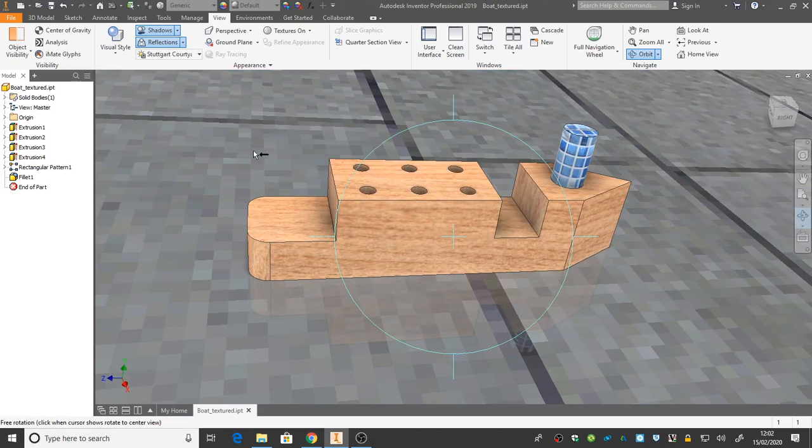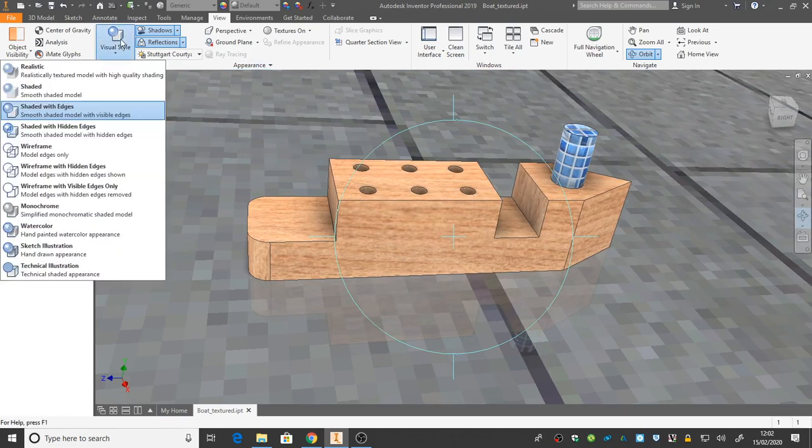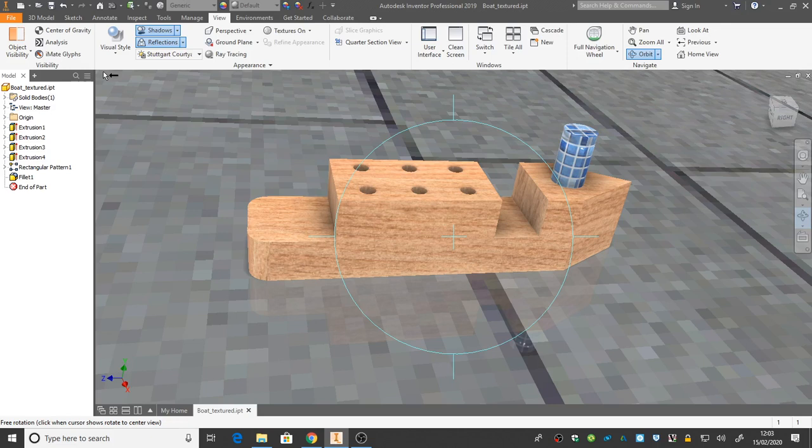The final thing we have to do right now is change our visual style to be realistic. Now, when we do this, this ray tracing button, which is currently greyed out, will become active. Let's change that to realistic. And now I've got ray tracing. And ray tracing is computer jargon for creating a photorealistic image right here. So we're going to press ray tracing,